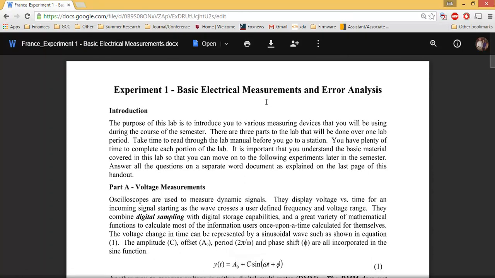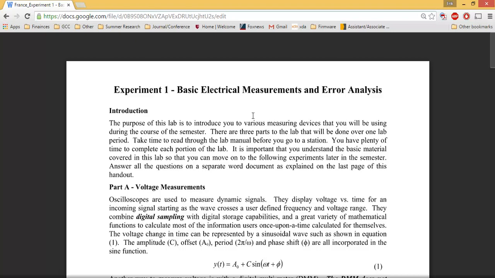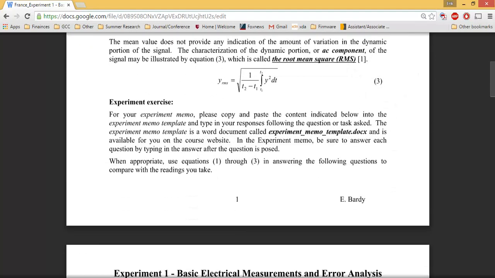What I would suggest that you do is download the handout by clicking on the download button on the top of the page there. The reason being is that if you try to read the experiment handout just by using Google Docs, sometimes the equations and or pictures don't show up correctly. But if you go through it, you can see